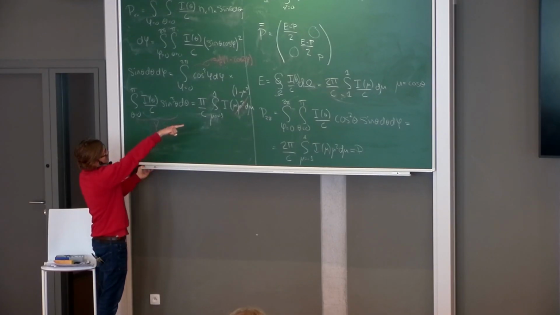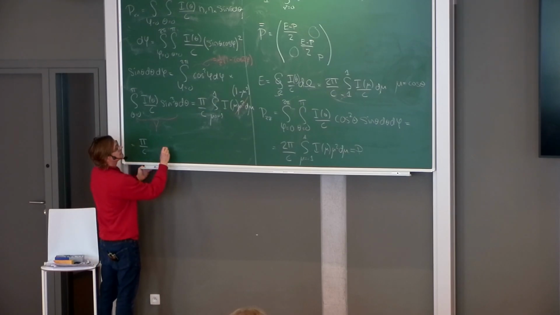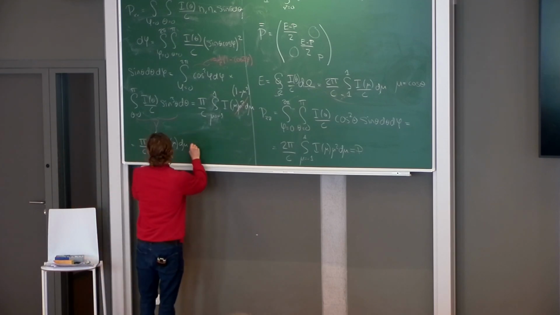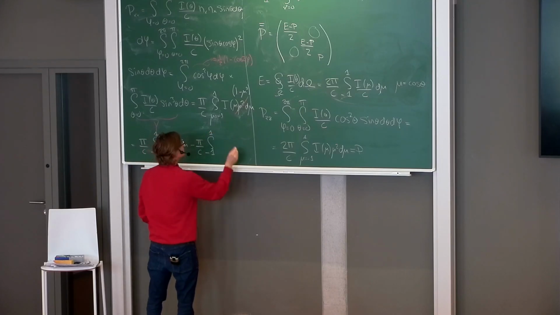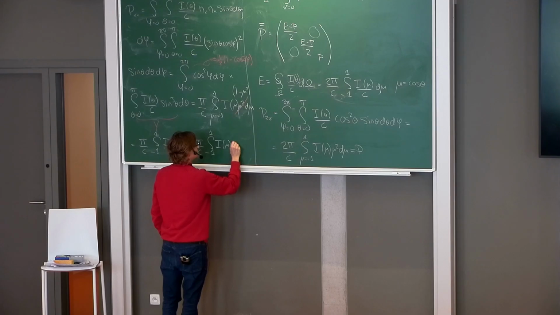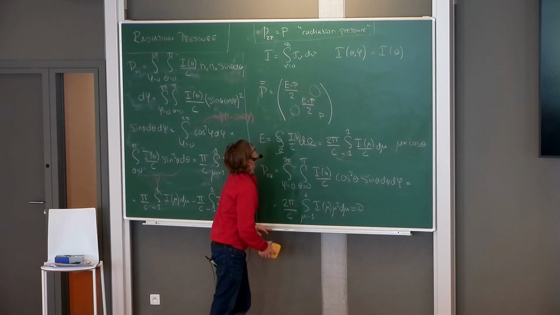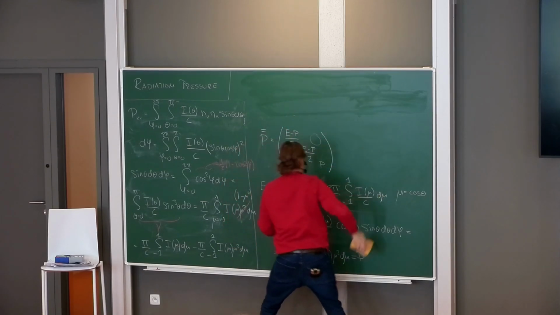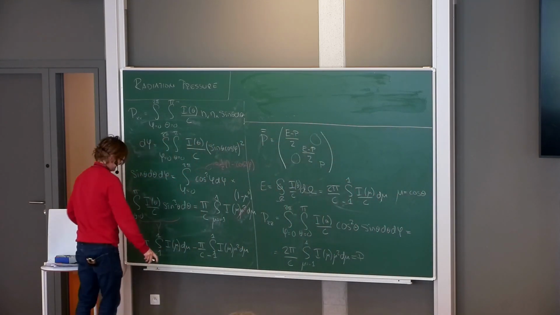So, we can split this integral then into 2: pi divided by c, the integral from minus 1 to 1 of I of mu d mu, minus pi divided by c, the integral from minus 1 to 1 of I of mu, mu squared d mu. And hopefully now, realizing this, you will see why I did that substitution. I'm going to try to keep this here now and stick to my one board. This one,